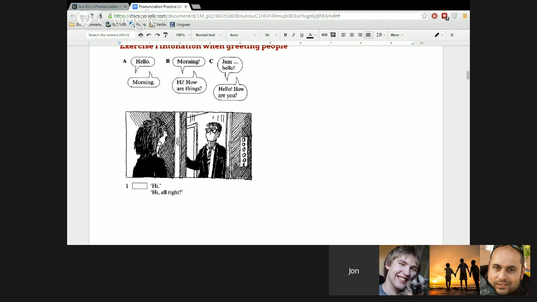Tell us the situation in the first picture. Who are they? Where are they? What are they doing? Do they know each other? What seems to be happening in the first picture? Well, it looks like maybe they're neighbors. Maybe they're friends and one friend just came to visit another. So we can't really tell the level. All you can see is that a man is trying to let in another woman.